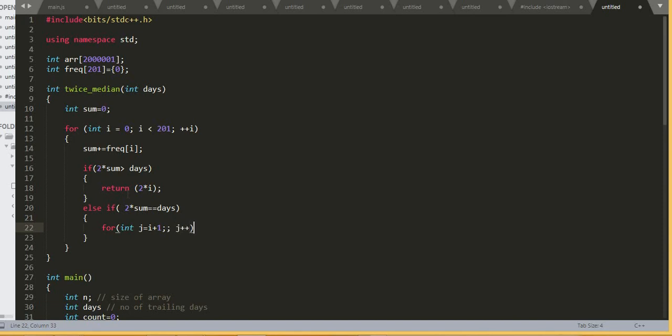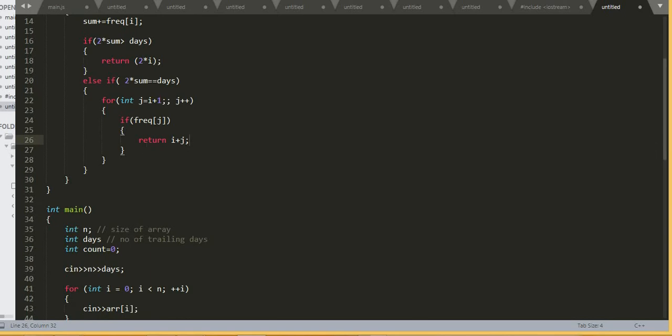I would be incrementing until I get the value at the next element, the jth element. So I'll check if there is an element at jth position in our frequency array. If there is, I would be returning i plus j value. So this would be twice of median. There is no need of division here.